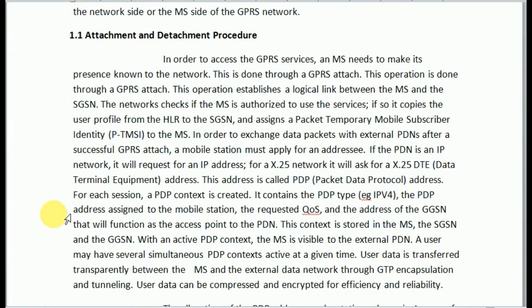User data is transferred transparently between the MS and the external data network through GTP encapsulation and tunneling. User data can be compressed and encrypted for efficiency and reliability.